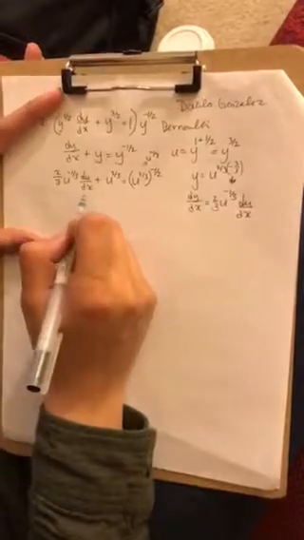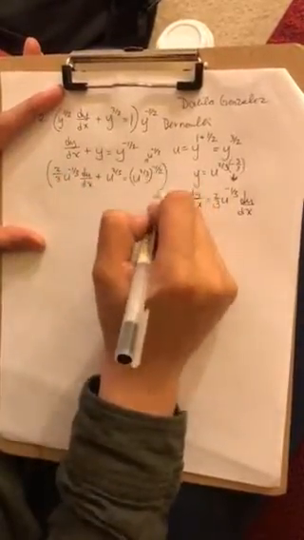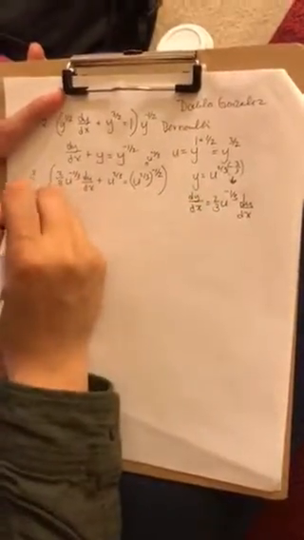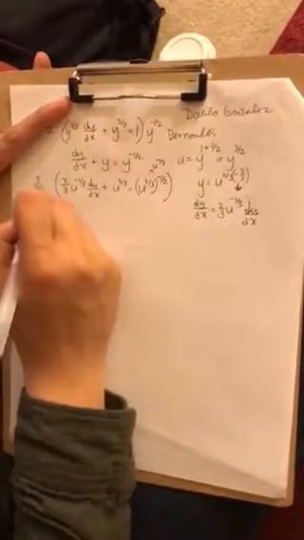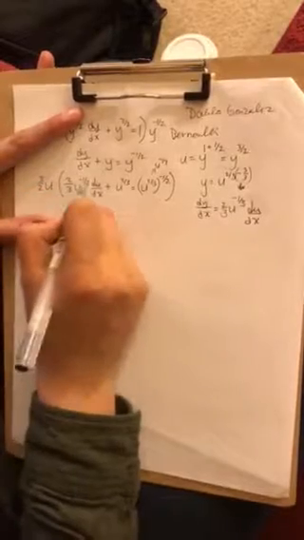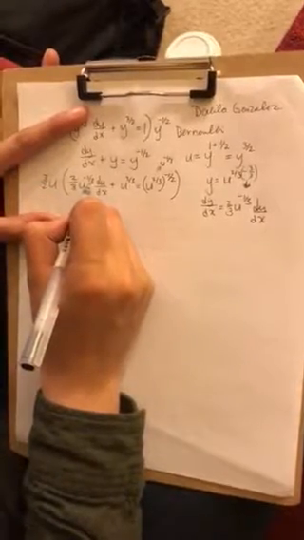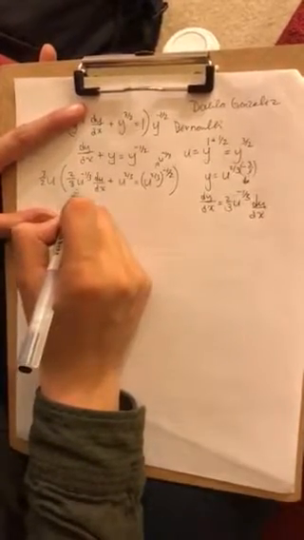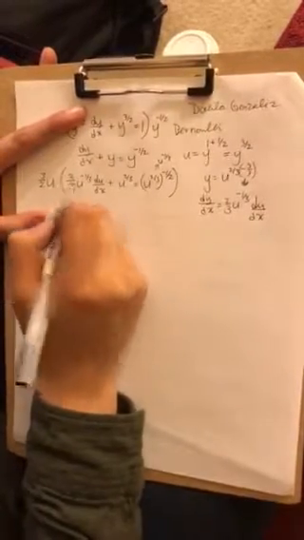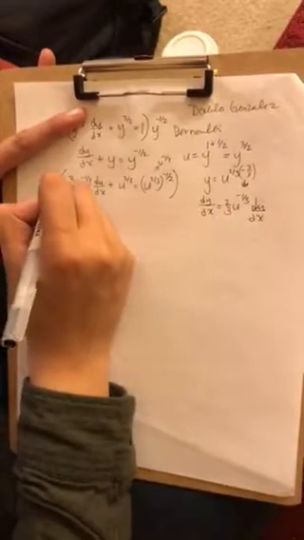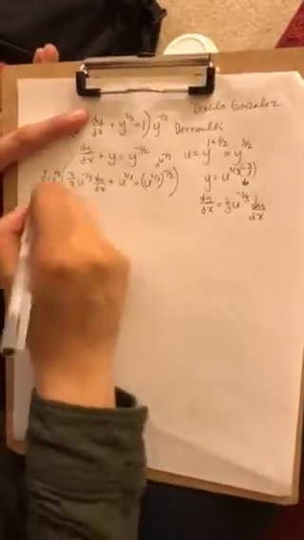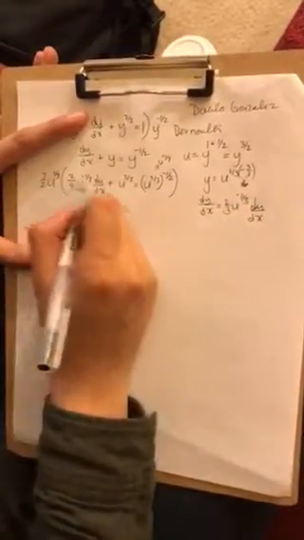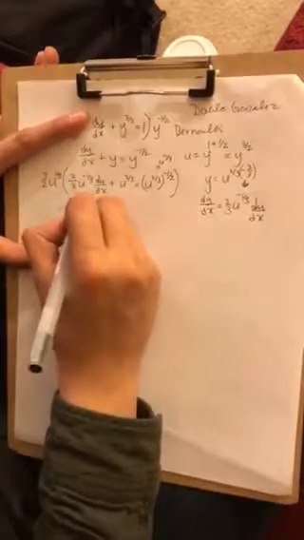So now what I want to do is isolate this du/dx. So I want to multiply throughout by 3/2, which is the reciprocal of 2/3, so I can get rid of that too. U to the, and so if I add 1/3 to negative 1/3, I'll get 0, which would be u to the 0, which would be 1. So the exponent will be 1/3. So I'll multiply throughout by that. So this will disappear, and I'll get du/dx